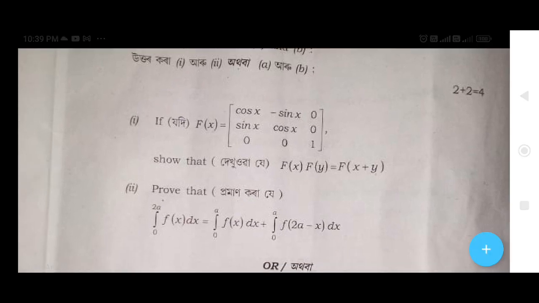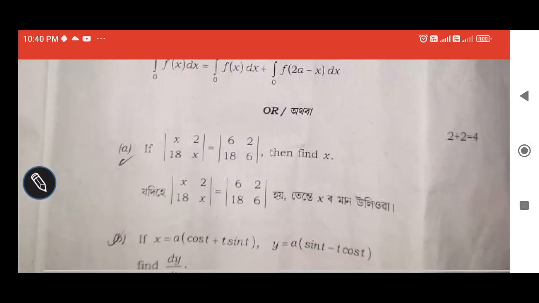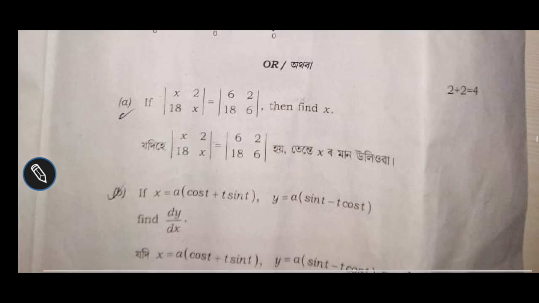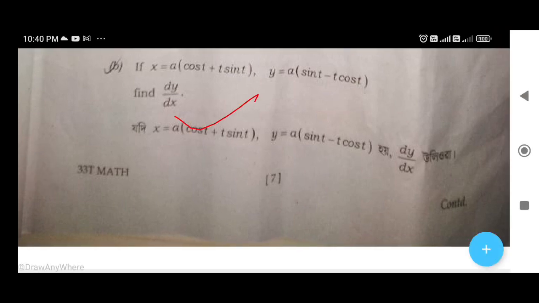Then this one is directly from the NCERT book. And the next question also can be answered directly. This is a very easy question. This is also one of the easiest questions I have ever seen in the Assam Higher Secondary Council. It's a dy by dx parametric form given, just dx by dt, dy by dt, and